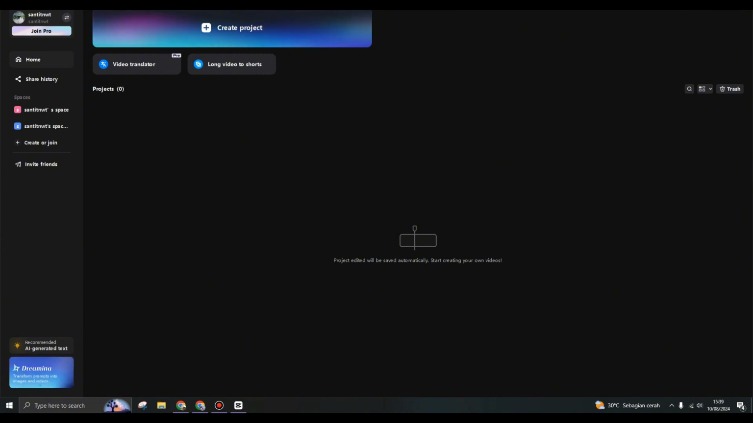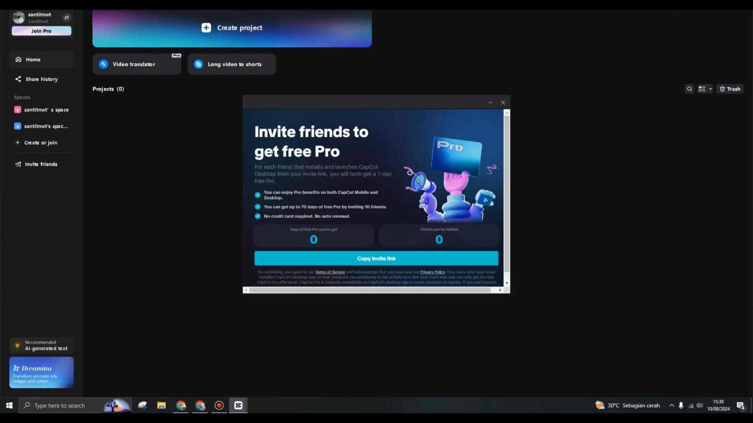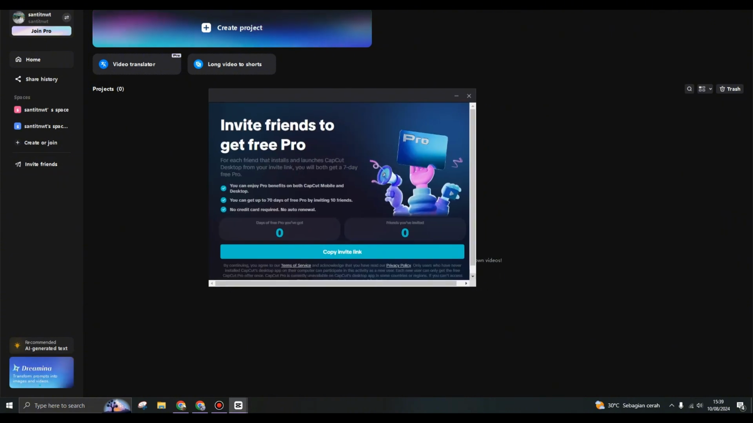As you guys can see here, I don't have a CapCut Pro. And if you want to get the CapCut Pro for free, you can see this is the invite friends option. You can just tap on this and this is where you can get CapCut Pro for free. So you can just invite friends to get a free pro. For each friend that installs and launches CapCut Desktop from your invite link, you will both get a 7-day free